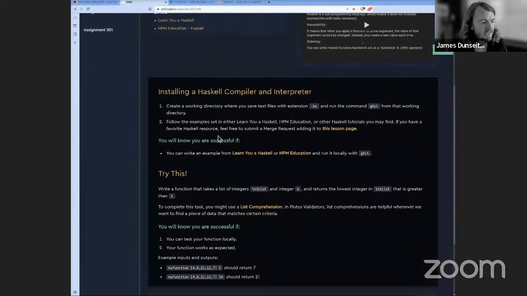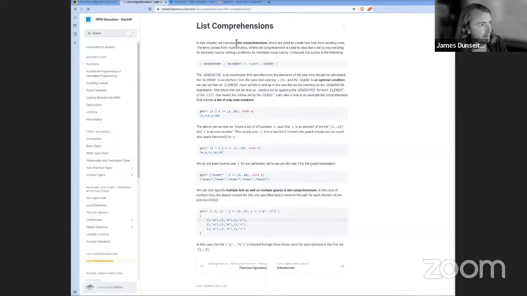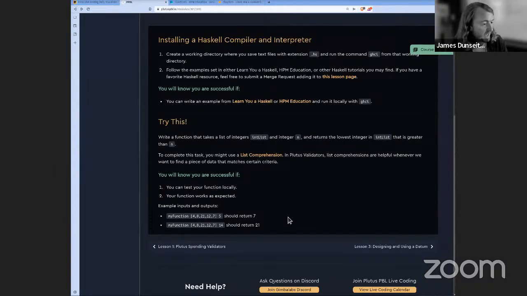And we give you one assignment here, right? Our goal is not for you to become a full-time Haskeller. If that's your goal, that's something we'll support you to work on. But there is just a reference to a really cool concept called list comprehensions. And this is an example of an assignment that, if you understand list comprehensions, you're going to understand a lot more about how Haskell works. And B, there's just a fun little challenge here.